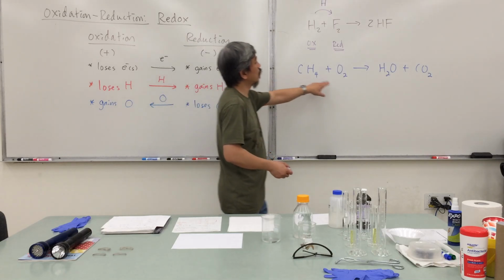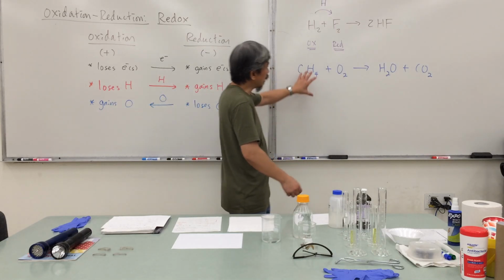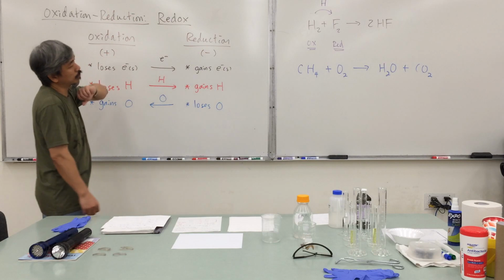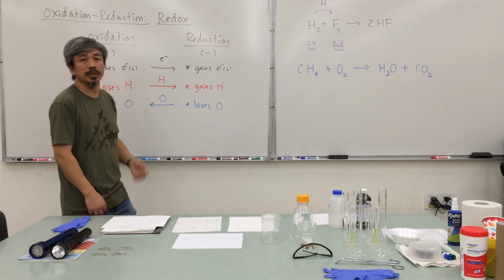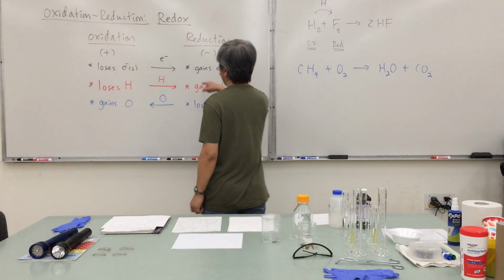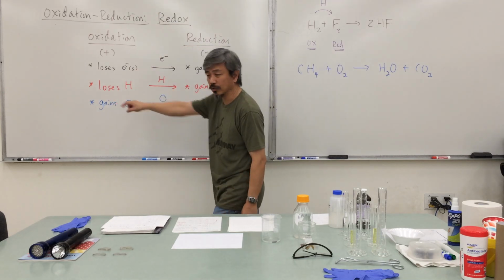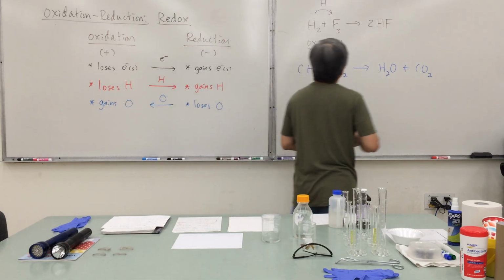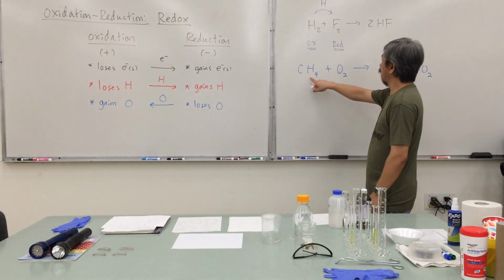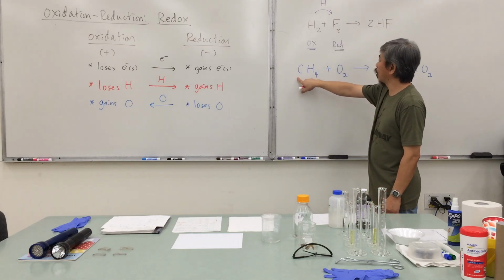In this case, let's look at what's going on in this situation. If I were to look at this now as an oxidation reduction process, what is being oxidized, what is being reduced? Well, we think in terms of, again, this process, except this time we're going to look at the movement of oxygen. So, for example, if I look at the hydrogen over here, or thinking about the carbon over here,